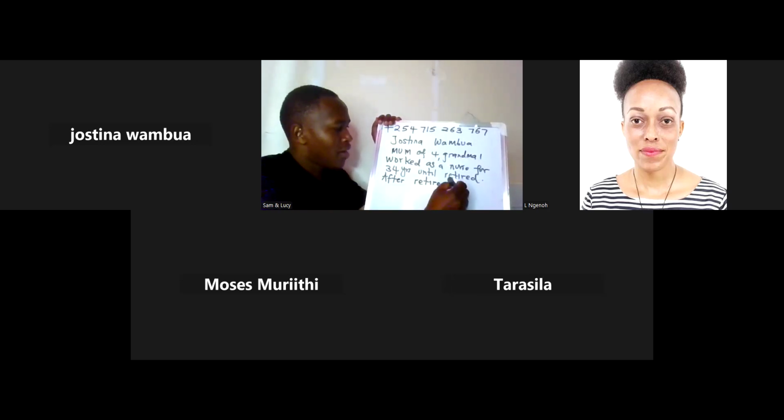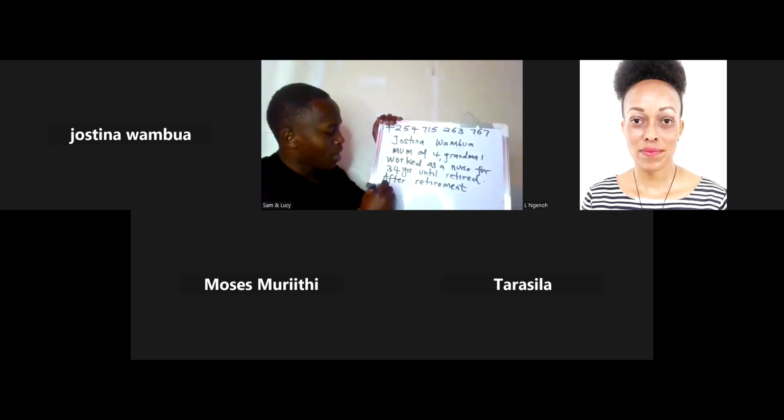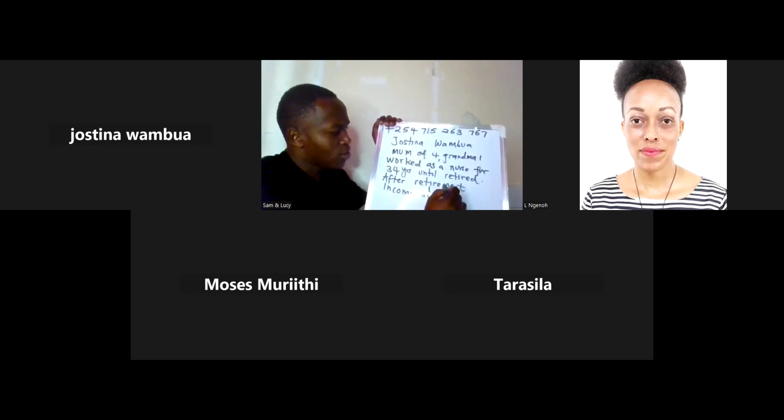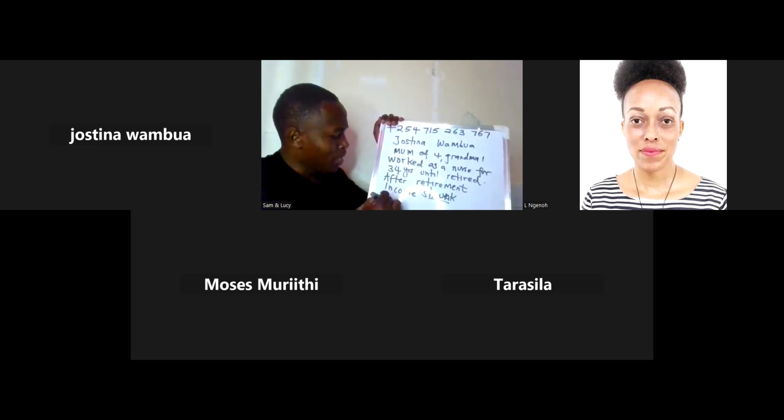To put it well, in retirement, income shrunk, or how do we put it? We'll change this word shrunk here. Income shrunk, but bills kept coming. Is that the point? Yeah.